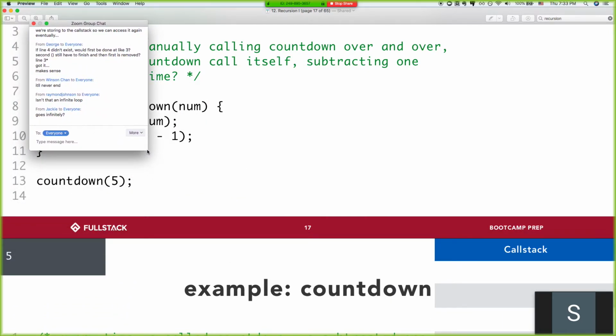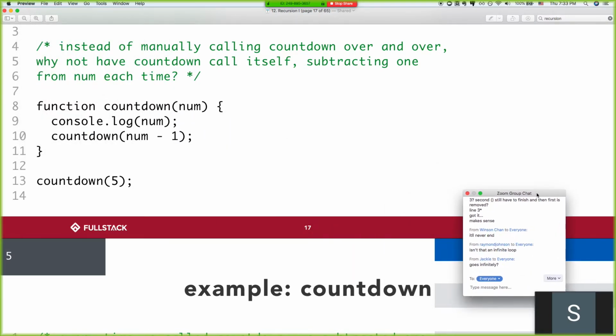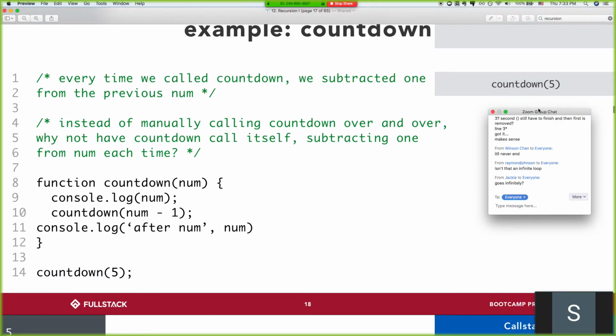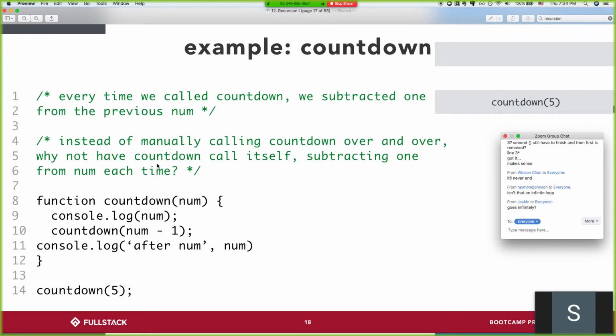Let me move this, make it a little smaller. Still want to see this though. So countdown 5 gets placed on the call stack. And then afterwards we call countdown 4,